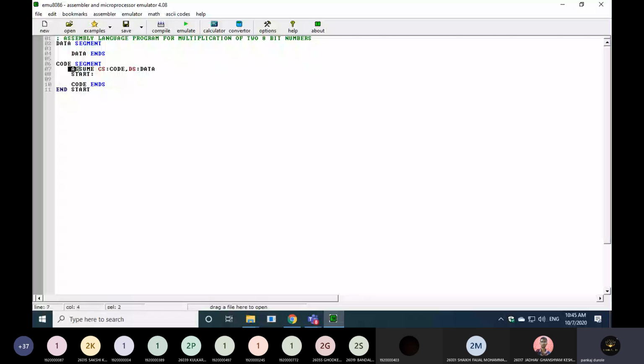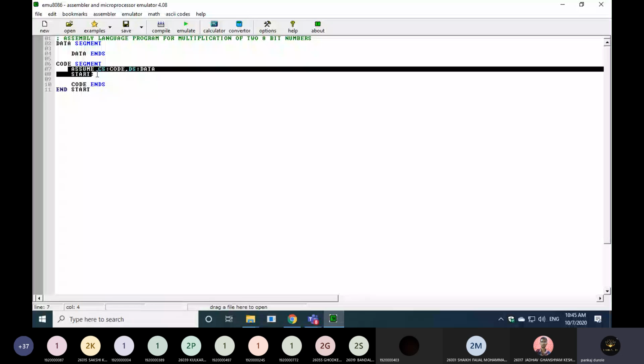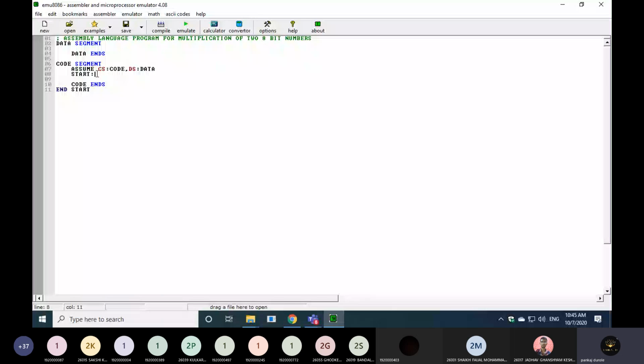Now, what is this assume CS code, DS data, start? These are known as assembler directives. There is a question in the university examination: what are assembler directives in an assembly language program?